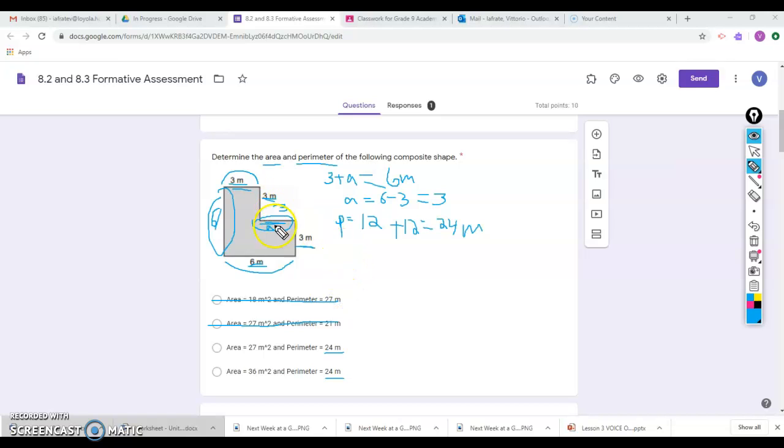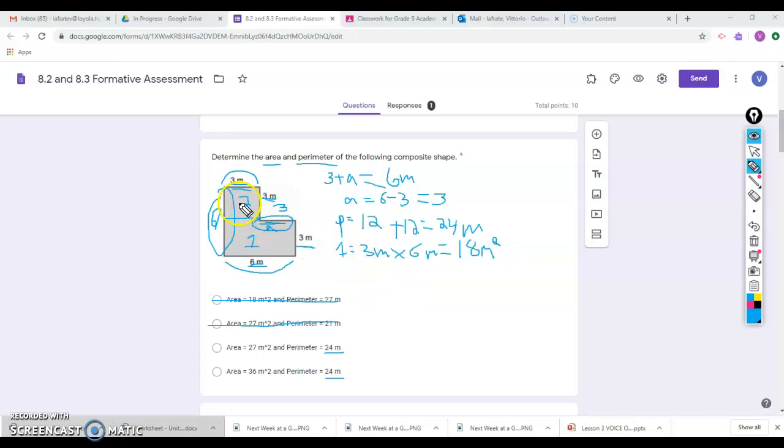area. Now this is a composite shape, which means that it's made up of more than one shape, and there's a few ways you could approach this problem. We can find the surface area of, let's say, this first shape here, so the rectangle, let's call it rectangle 1, and then we can find the surface area of this shape here, let's call it shape 2, and then we can add them together. So for rectangle 1, its surface area, you're just going to do its length times width, so for 1, the area is 3 meters times 6 meters, which gives you 18